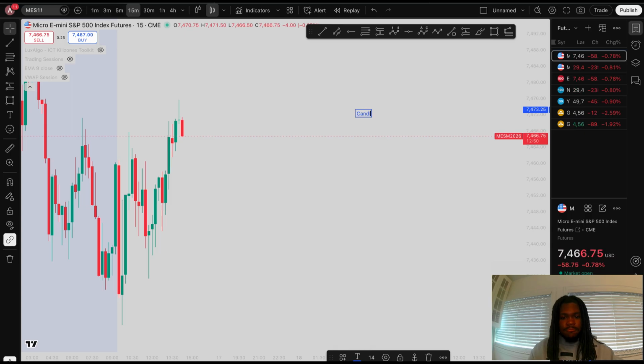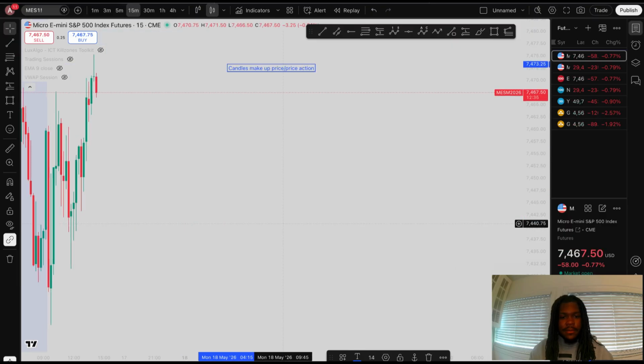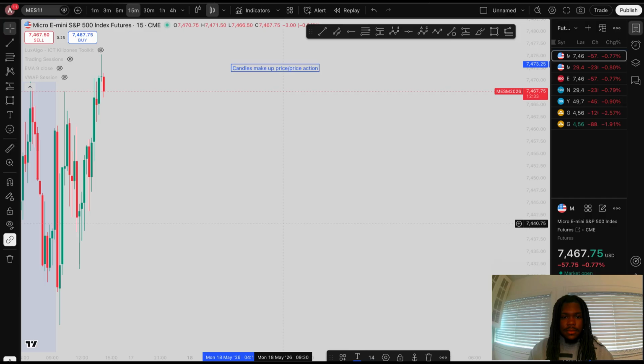Candles make up price, or price action. Price action is just what price is doing, how the candles are moving in the market. Price makes up trend,